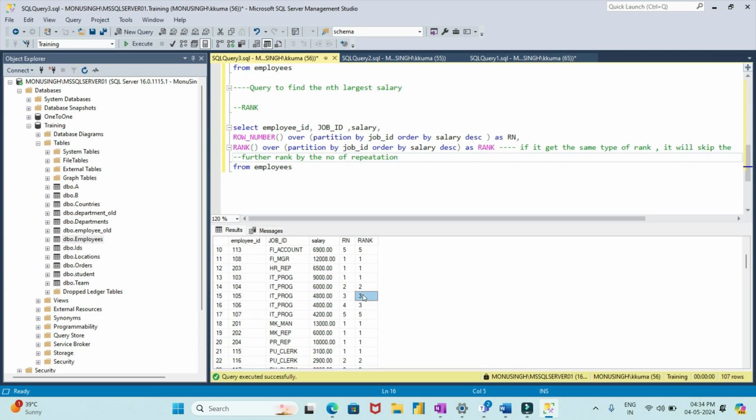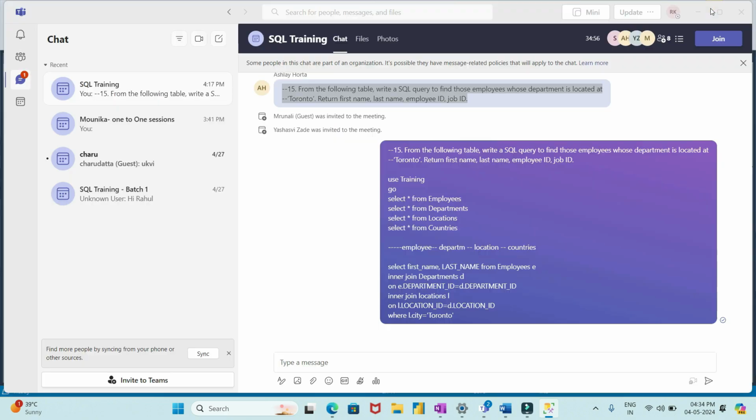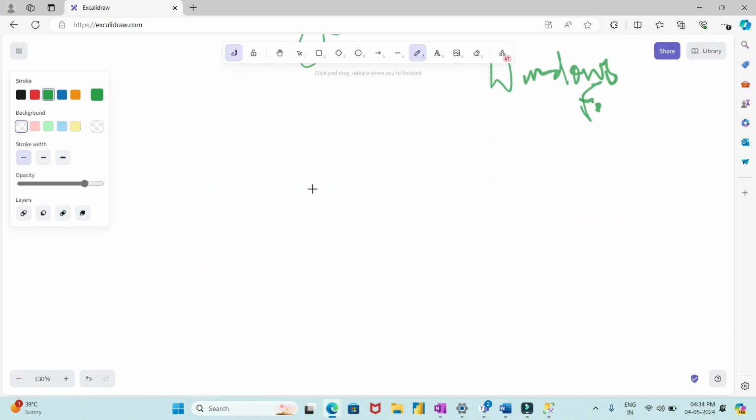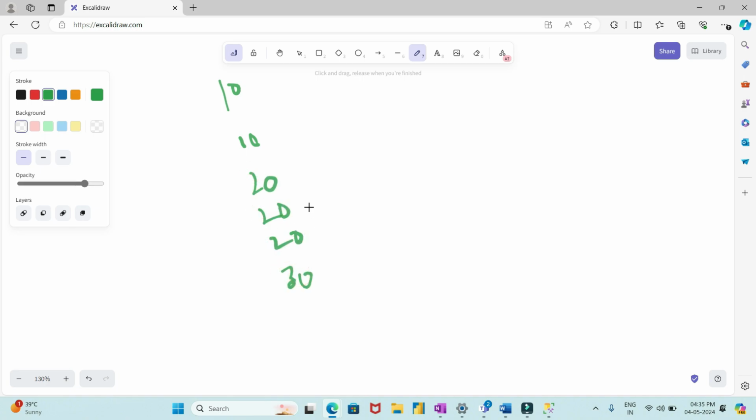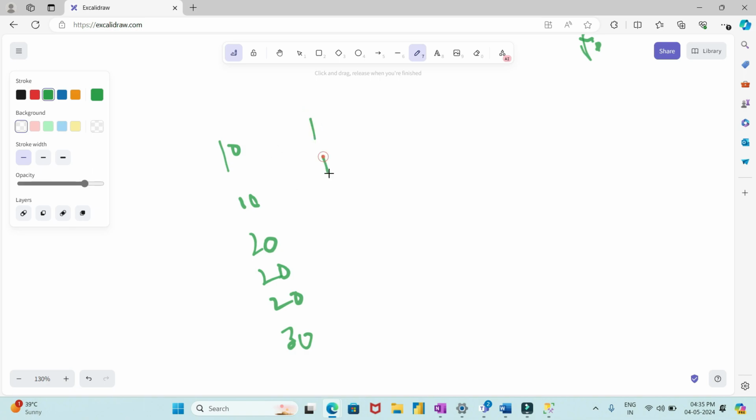बट अगर यहाँ पे 3 3 बार होता, लाइक 4800 4800 4800, तो व्हाट इट विल डू, it will skip the 5 also and the next rank will be 6। okay, so it will be something like this, that if it is 1 and let's suppose we have 10 10 and 20 20 20 and 30, so basically what it will do, for 10 10 it will put 1 1। okay, for 10 it will give rank 1, rank 1,